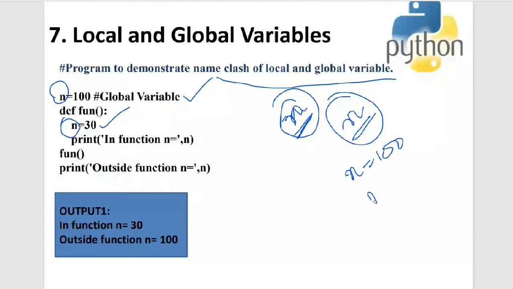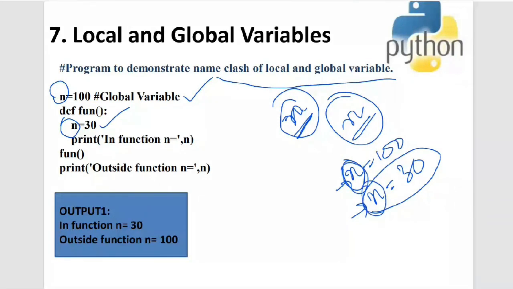You can have, but here n and n both are the same variable. They are not two different variables outside the program. But here there are two different variables. One n is of the main program, and the other n is of fun. So here these are two variables, but if you're declaring it outside the function and inside the